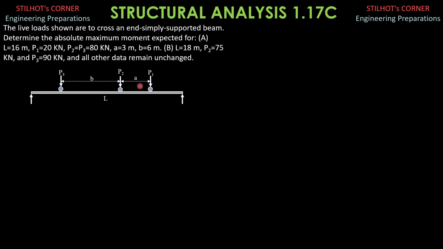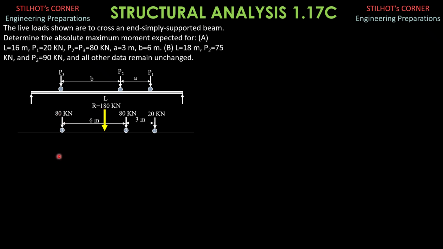So here is the figure in general. First, let's put the values and the distances A and B to locate the resultant. If all loads are on the span, the resultant is 80 plus 80 plus 20, 180 kilonewtons. Then we'll call the distance of the resultant and load 3 E sub 3, and that's the center line in case it occurs under load 3. And this is the center line if the absolute maximum moment occurs under load 2. So call this distance E sub 3, and the distance between the resultant and load 2 E sub 2.